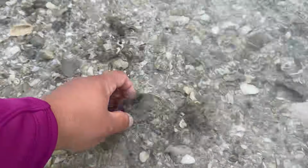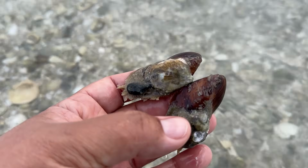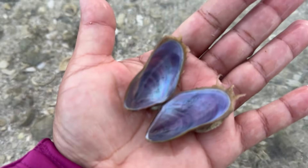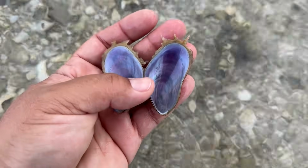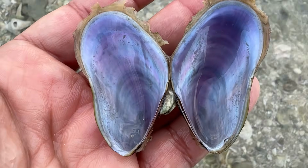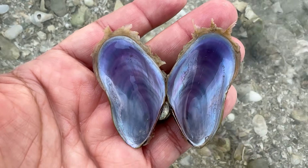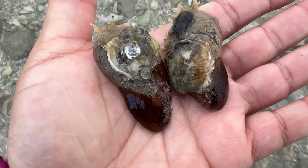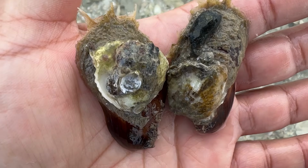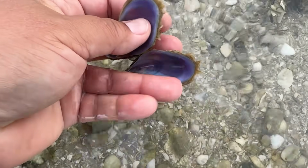That color was so hard to miss against all of the gray. This is a southern horse mussel. Checking out the back because, okay, one of them looked like it was alive and one hinge wing was empty, but check, the color is just so beautiful. Oh, I wanted to collect the whole mussel, but we have one live critter on there and one not, so